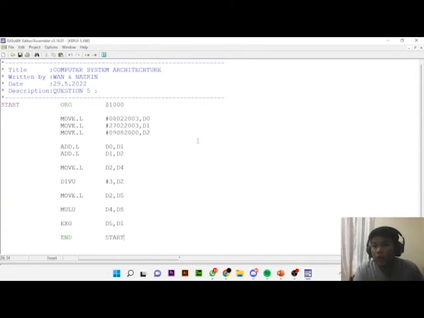Okay, for question 5, we start with start space org space $1000 and then we put move.l. Move is stand for moving source to destination and then space hashtag. My birthday is on 8 February 2003, so I put 08022003 and I put at D0. D is stand for destination and then we put